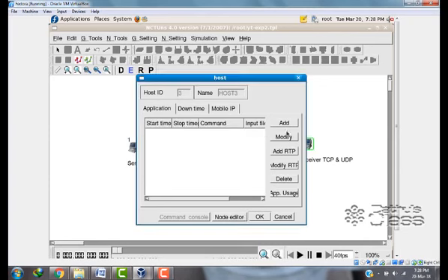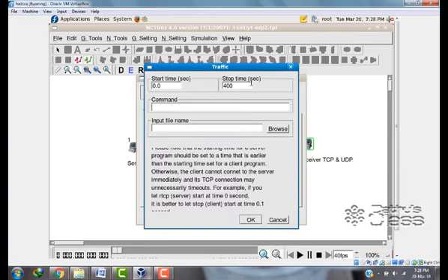Click on OK. Click on add, change simulation time to 20 seconds. Click the command rtcp, since it is receiver, -p, and port number is 3000 and packet size is 1024.